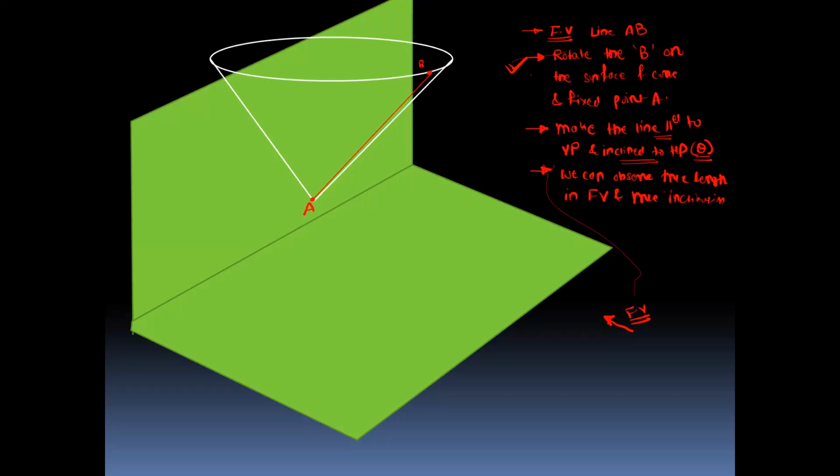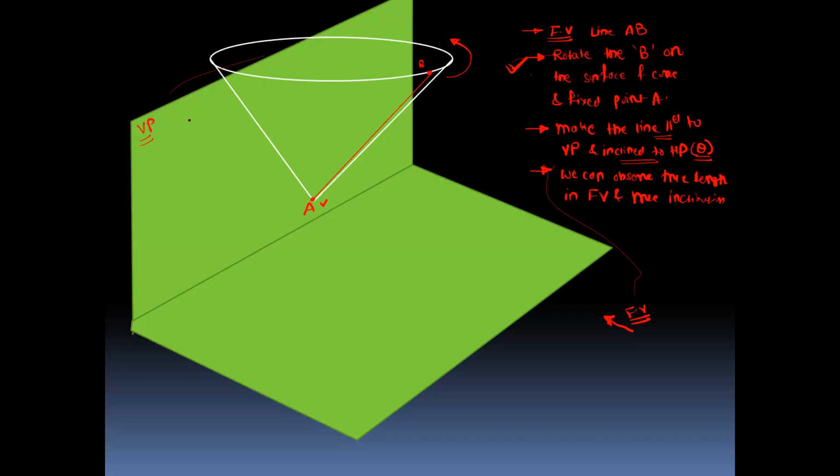So this is the first step when you draw the projection of a line which is inclined to both the planes. First make the line parallel to the VP, draw the front view, and then draw the top view. How can we rotate? This is just an imagination. We are not going to draw this image in the actual projection. Just to understand the concept, we have assumed this cone, and on that cone we have assumed the line AB. Point A is a fixed point. We will just rotate this point B in this direction so that we can make the line parallel to the vertical plane.